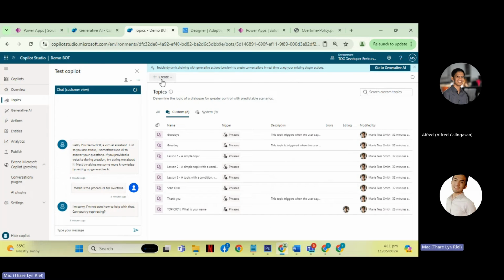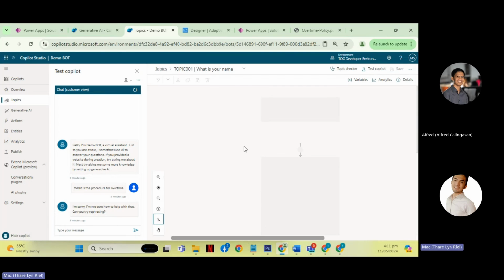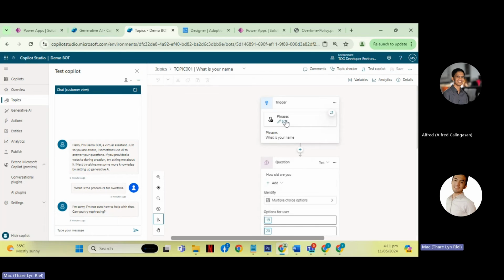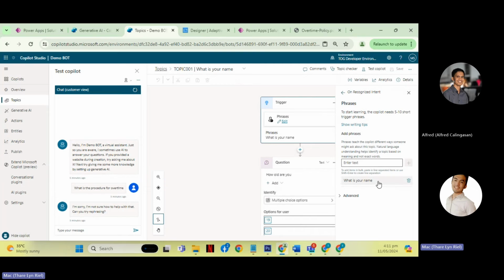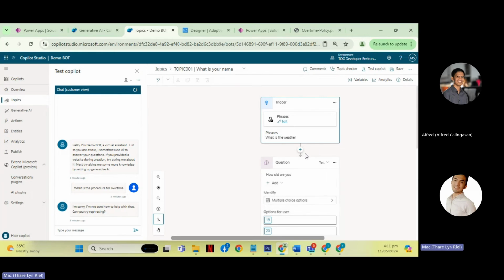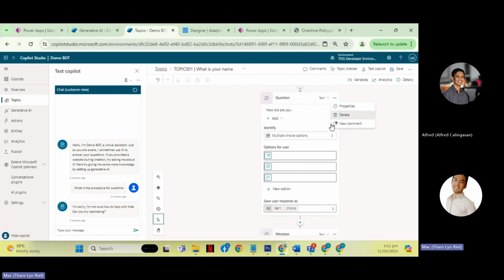You can use that action inside the topic. So let's just edit this. And then let's change the phrase from what is your name to what is the weather. Okay, it's that, and then let's click this.